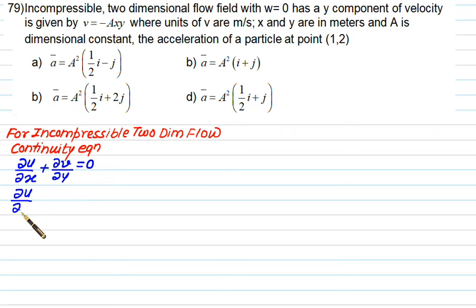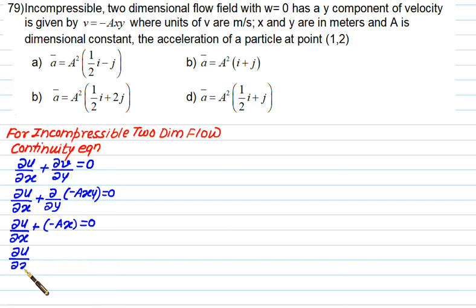We have del u by del x plus del y of v component, which is minus axy, equal to 0. So we have del u by del x plus we have to take the derivative with respect to y. In that case, we will get minus ax equal to 0,